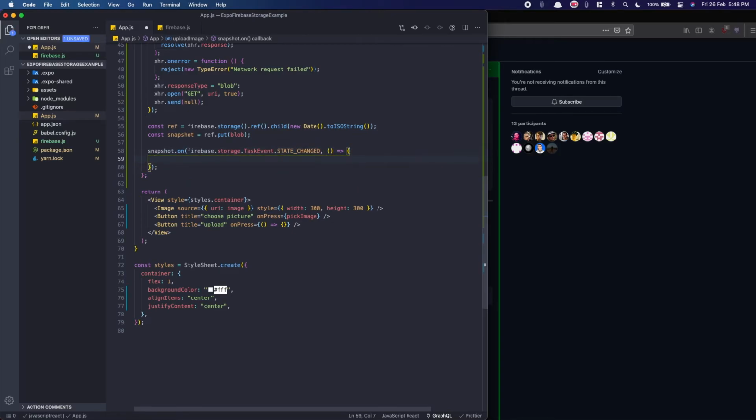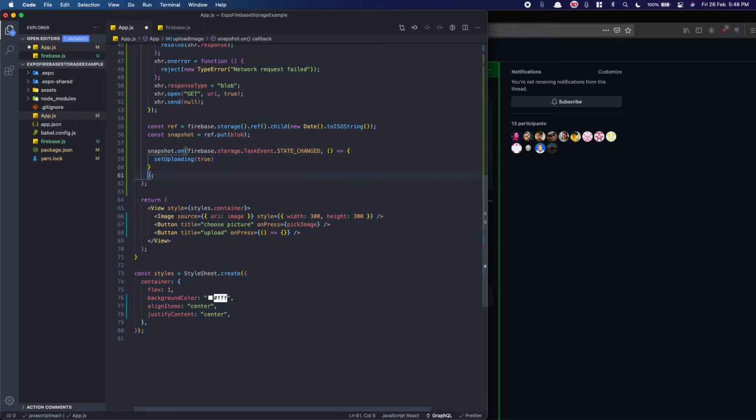And then type in setUploading to true. And the next parameter will be